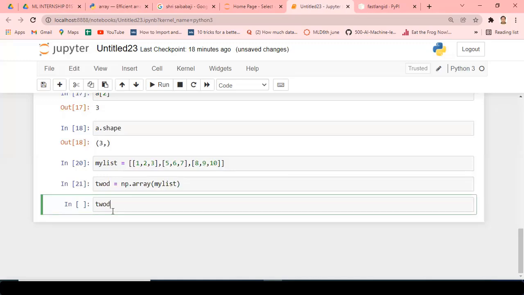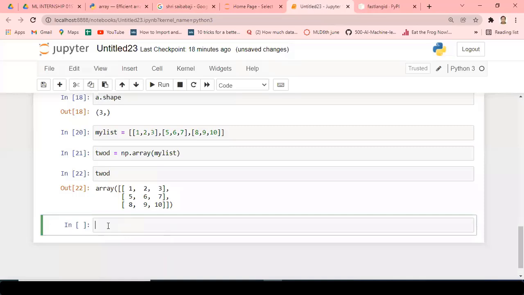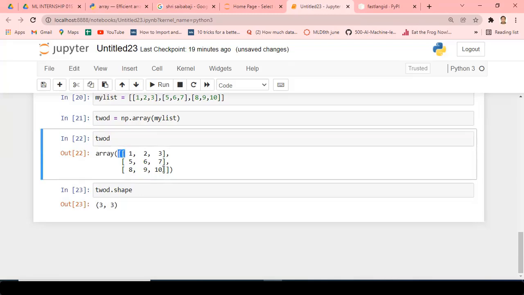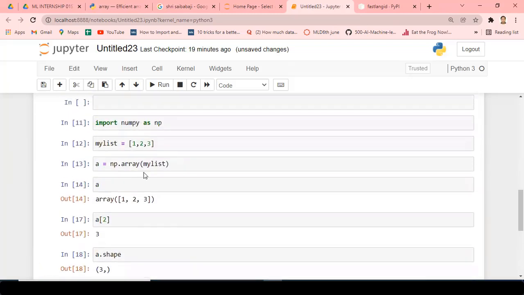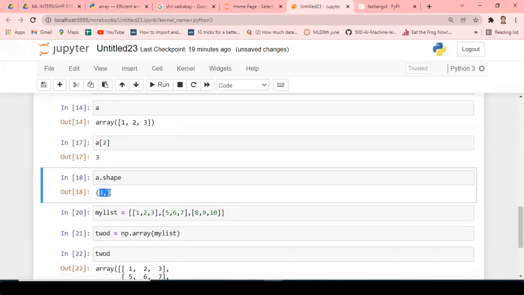If you want to see it, first of all, check it. It's a 2D array. And how do you want to verify? Just type 2D dot shape. Can you observe now? It is telling me it has 3 rows and 3 columns. And how do you recognize from here? See, it has 2 parentheses here and 2 parentheses here. And earlier when we created this data, it was only one element, and if we check its shape, remember,